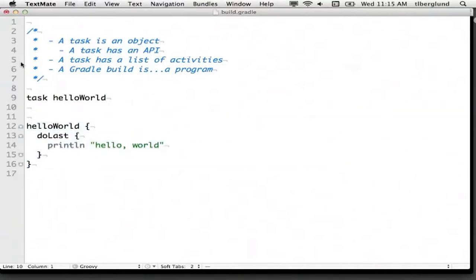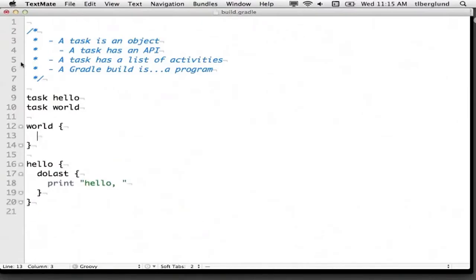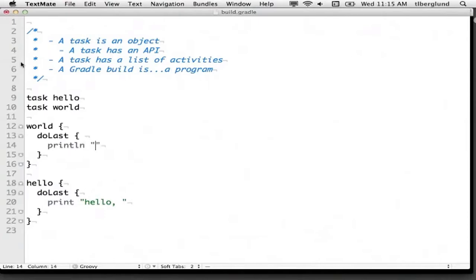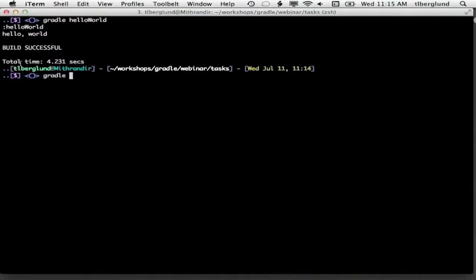Now, in the real world, we usually have more than one task. We usually have multiple tasks with dependencies. So let me just refactor this build a little bit. I'm going to have a task called hello that does that. And I am going to have another task called world, and it's going to print the message world. So there we go. I think you get the idea that I can run hello,